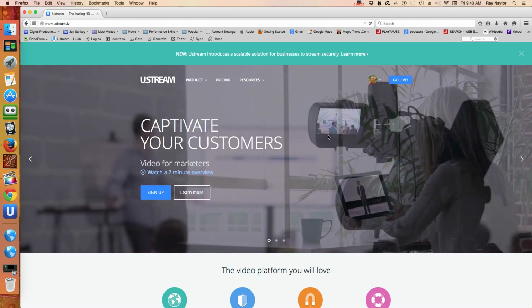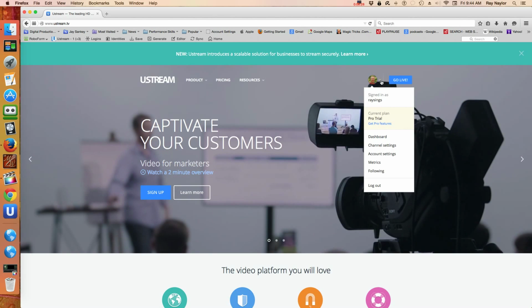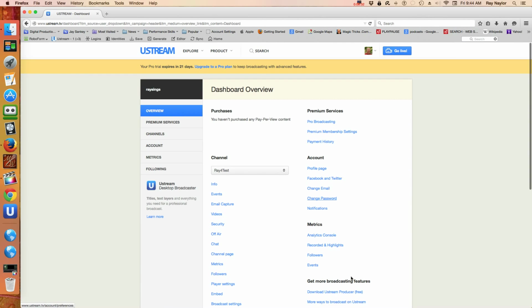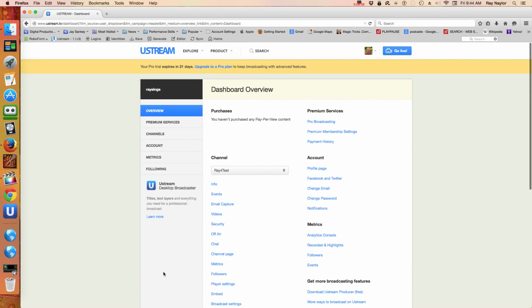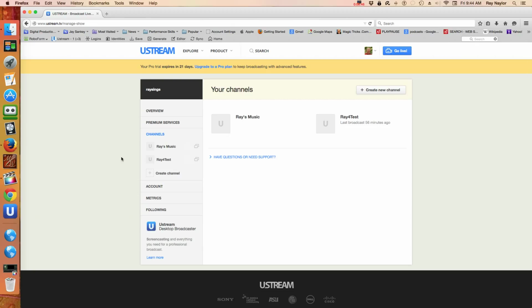We are in our account, and we're going to click this little arrow and go to a thing called dashboard, which is basically the types of things that you can do. Some of these options you can only do if you have one of the paid accounts. So in order to create, we're going to go to channels, and in order to create a channel, now I just created this the other day. I was testing it out, but